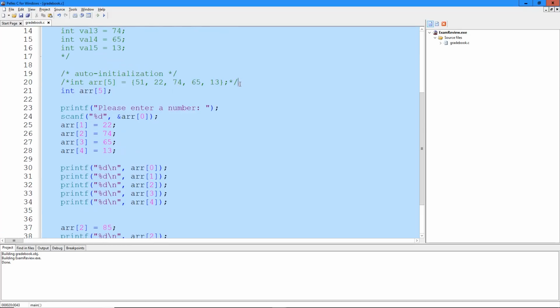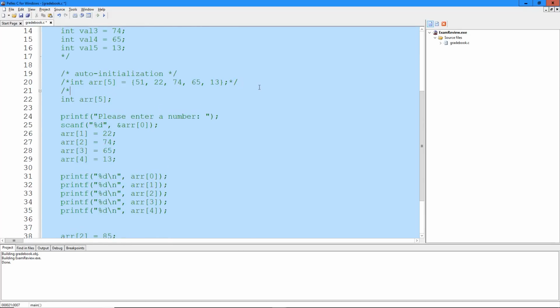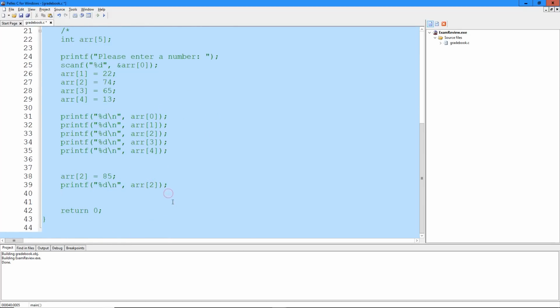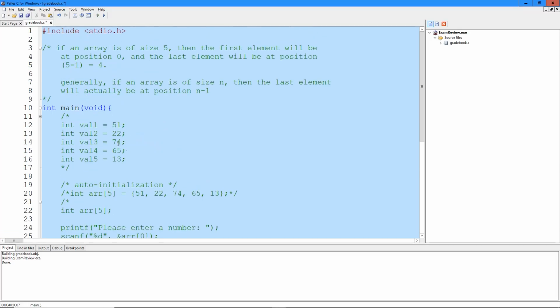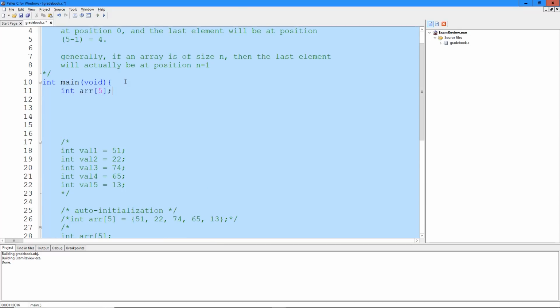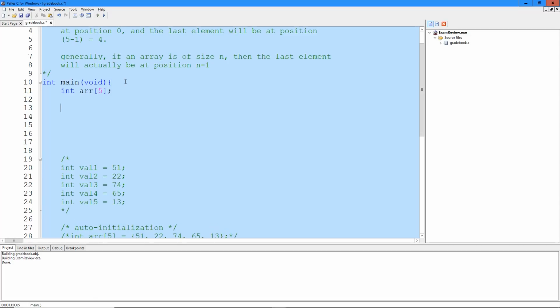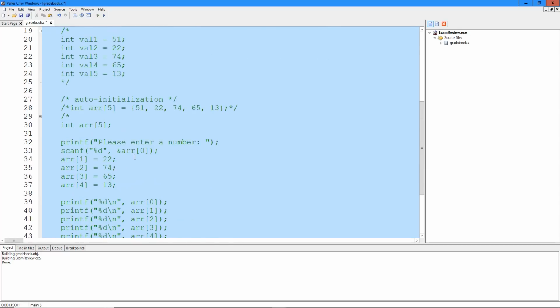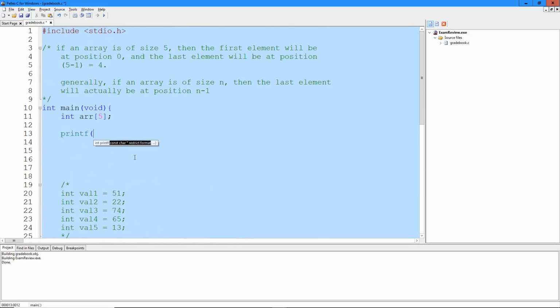The way to handle that is I'm going to go ahead and comment all this out, put it down here, and come back up to the top. So we're not going to be really doing anything new, but we are going to talk about using arrays in conjunction with loops. So if we wanted to prompt the user to enter a number for every element in the array, please enter a number,